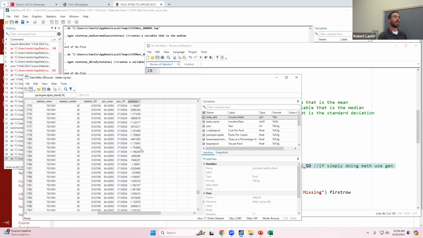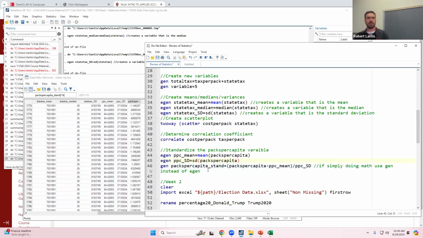So it's going to be useful for us down the road just to know how to standardize these variables. It's something I bring up here just because I'm also talking about creating these mean and standard deviation variables. Okay. Any questions over this? I also put in a note here just to emphasize, if you're creating your own variable, that's where you go back to just using that gen command. That egen is just when you're trying to call these built-in functions like mean, standard deviation, or SD, etc. Okay. Any other questions before we keep moving here?